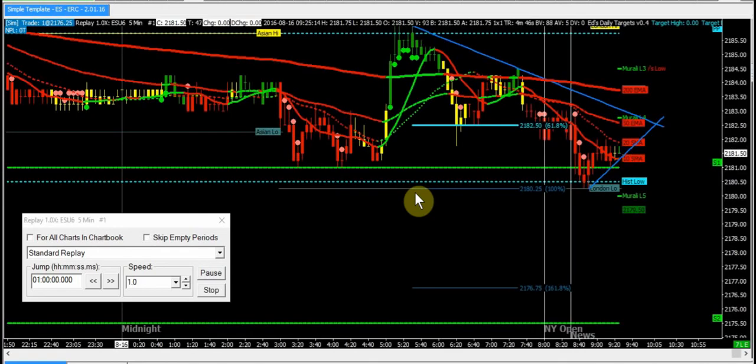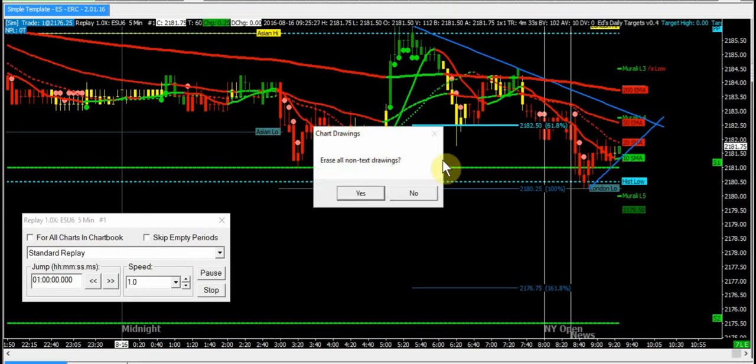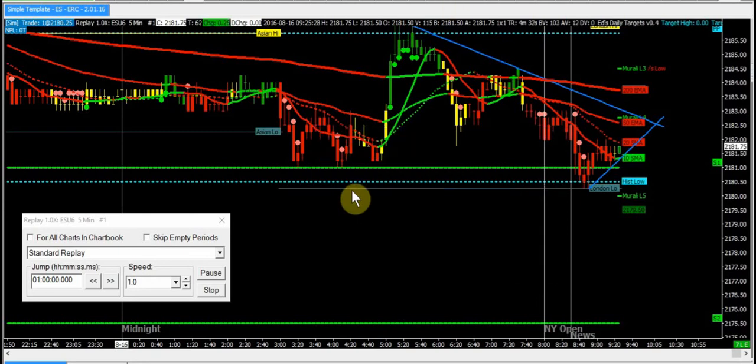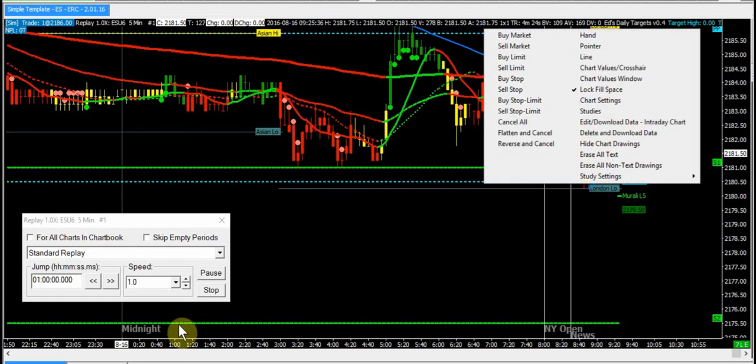It'll take a second. I will get in again. Let me erase these. I will get in at this particular point, from London low to London high,